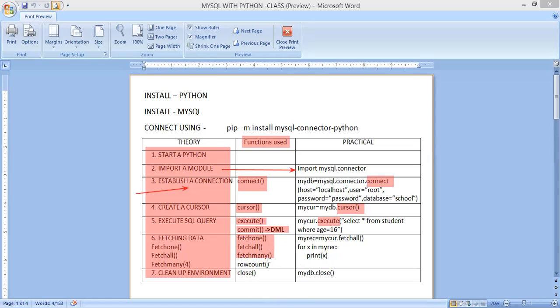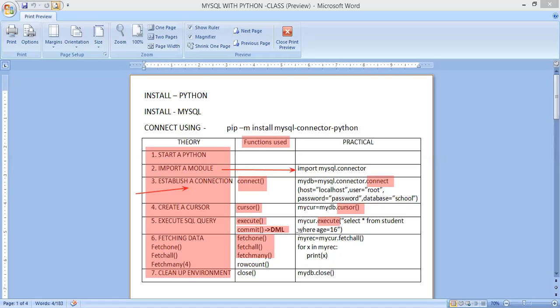Here I have given the example using fetchall. You see, myrecord = mycursor.fetchall. It will retrieve all the records from the table. To display in Python, use a for loop like this: for x in myrecord: print x.